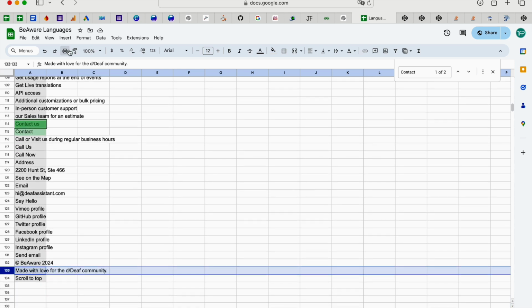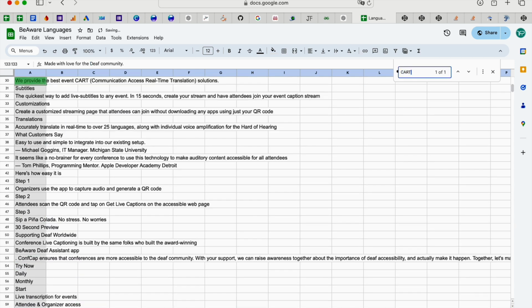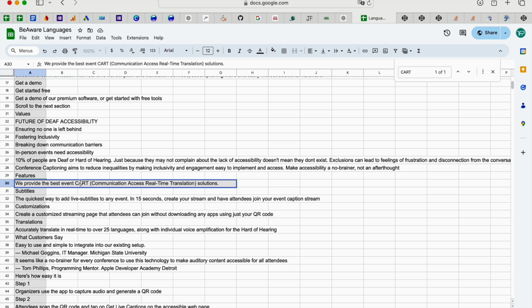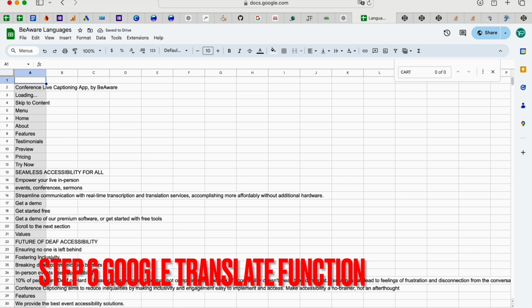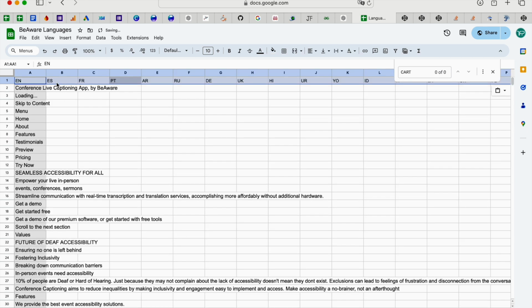And I'm just going to change this for the deaf community instead of the deaf community. And then also there's something called cart. So I'm just reviewing the translation. Let me change this to accessibility service. Ability solution. Okay, now I just basically put the list of languages on the top like that, and then I